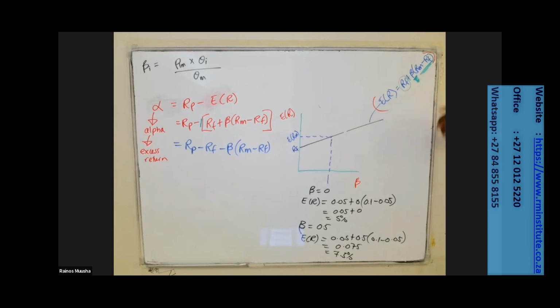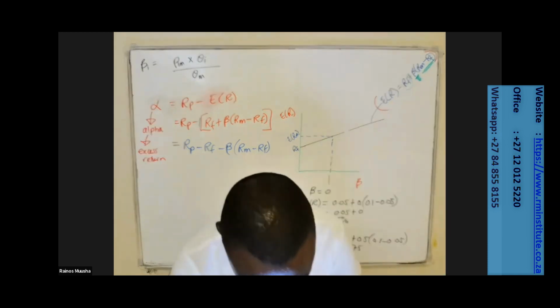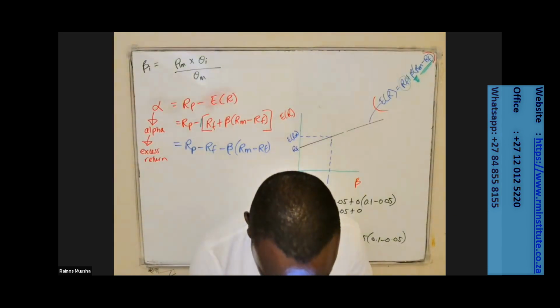But now, there are other models which are used to get the expected return. One model that they talk about, although we are not going to go through it in detail, is the arbitrage pricing theory. They just discuss it in the textbook, but they don't go through it in detail either. So if you check in the textbook, they say